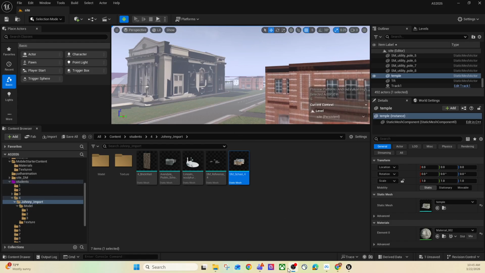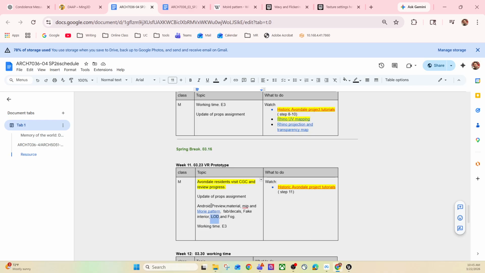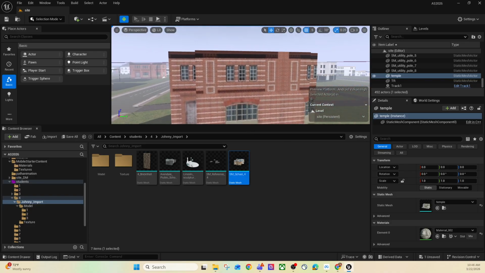Okay, so let's continue. The last one I want to talk about today is about fake interior, or we call it the cube map or the parallax projection. So I will talk a little bit about what this means. So first, if I go to